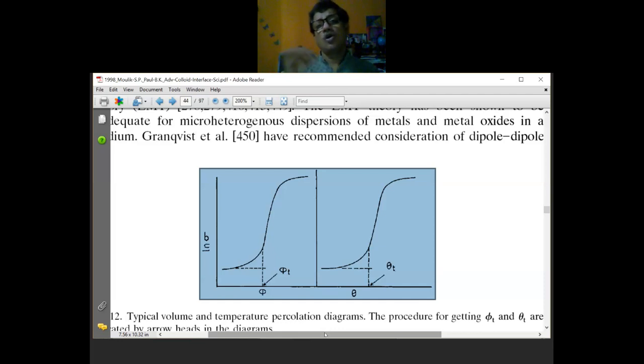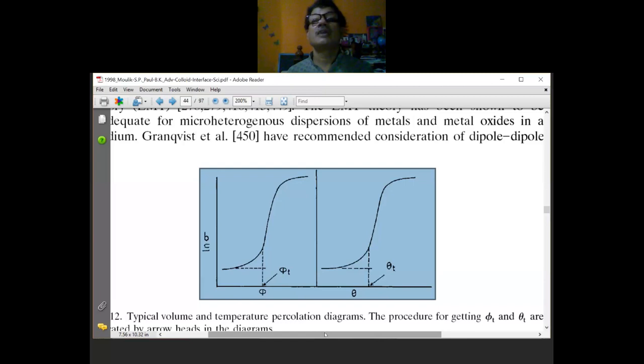But if I go on increasing the volume of the water pool, meaning if I am increasing the value of omega, or I can say if I increase the volume fraction. Mole fraction, as was done for a two component system, is the number of moles of A by the total number of moles of A plus B. Similarly, volume fraction is the volume of component A by total volume. So if I increase the volume fraction of the